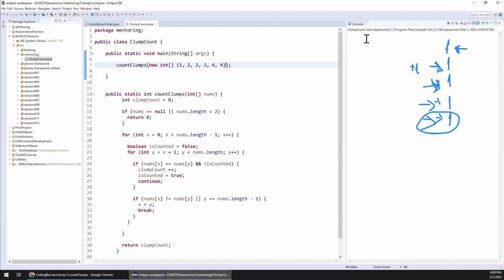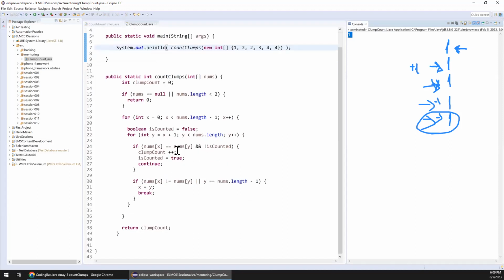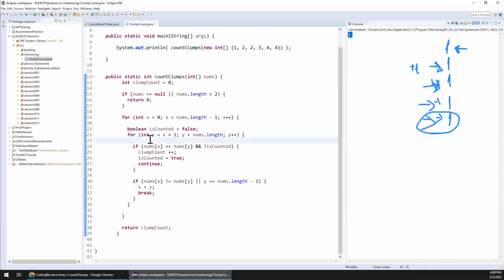All right, if I run this, we're gonna get, come on. How am I gonna get it? I need to print it. This is again the first run. I want to see what's happening. It will give me 1, right? Now to understand why it is giving me 1, we need to add some print statements. To add the print statements, let's do this. Inside the inner loop,